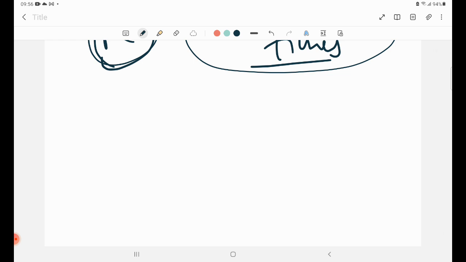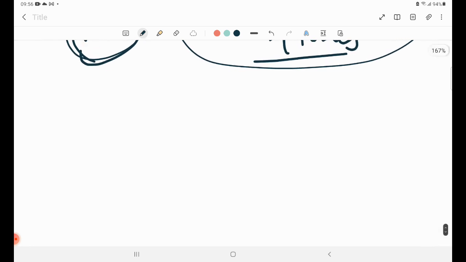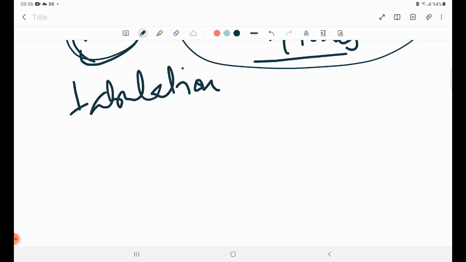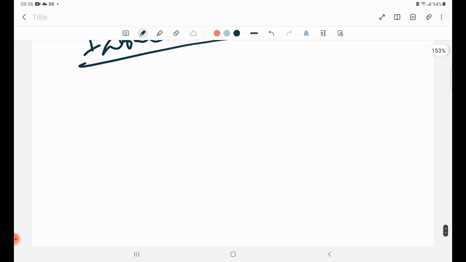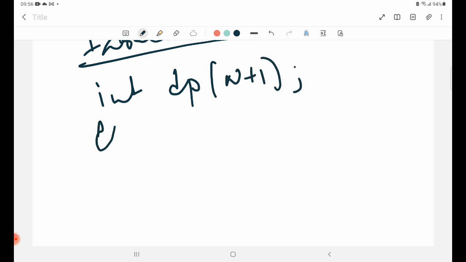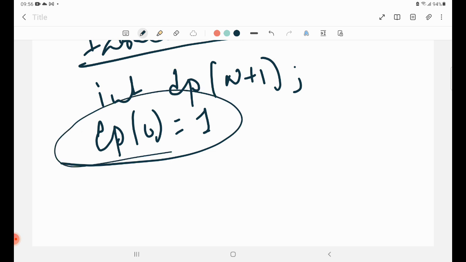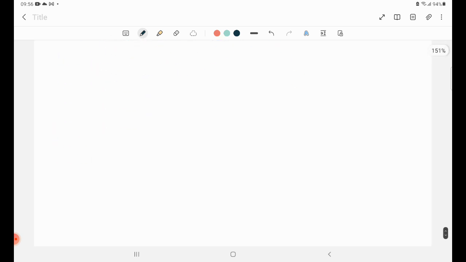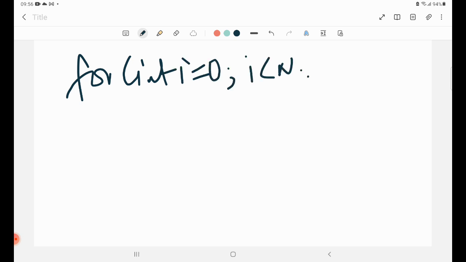So we'll be using DP for this question, or we'll be using the tabulation approach. So we'll make a DP array. Okay, and then we'll set DP of 0 equal to 1, because to get 0 there's only one way, right? Okay, and then we will start with a loop. So we'll loop from I equal to 0 to I less than n, I plus plus, and then inside we'll